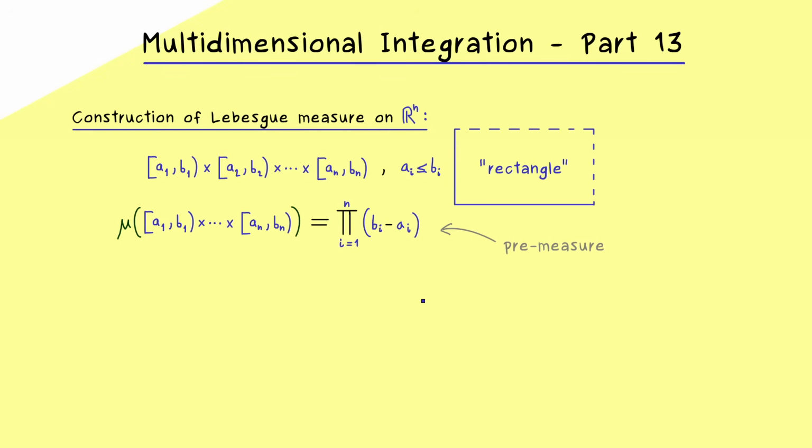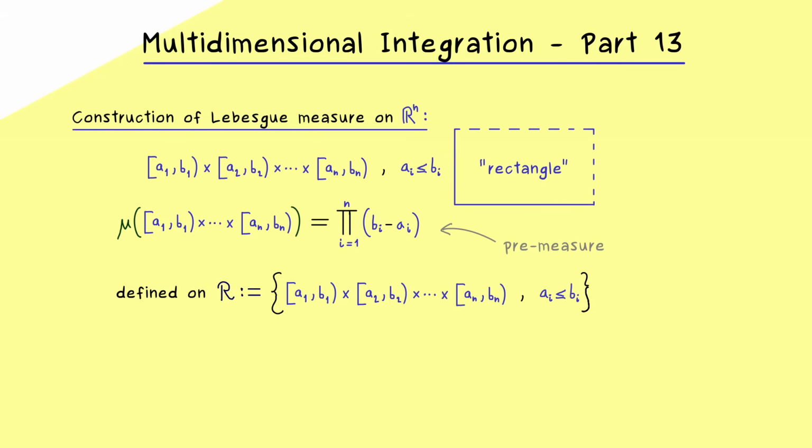And you can check out my measure theory course to see that this is what we usually call a pre-measure. It's not a full measure yet because it's just defined on a semi-ring of sets. And I denote this by a curved R because this one should include all these rectangles. So it's just the collection of all these rectangles, and you can see if you form an intersection of one rectangle with another, you get out a rectangle again. And here I will not tell you more about the properties of a semi-ring because they are all stated in my measure theory course. Indeed, here we just want to use a famous result from measure theory, which is known